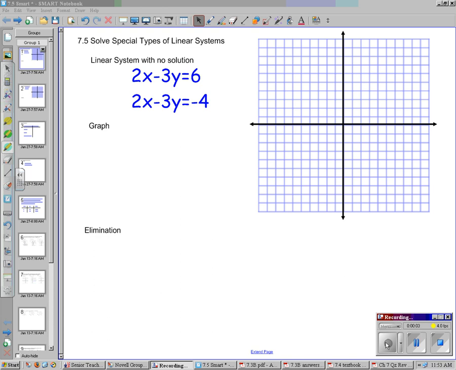7.5 is to solve special types of systems. Up to this point, we've just had systems. They all have an X and a Y for an answer. But we know from that worksheet we did right after the Chapter 6 test